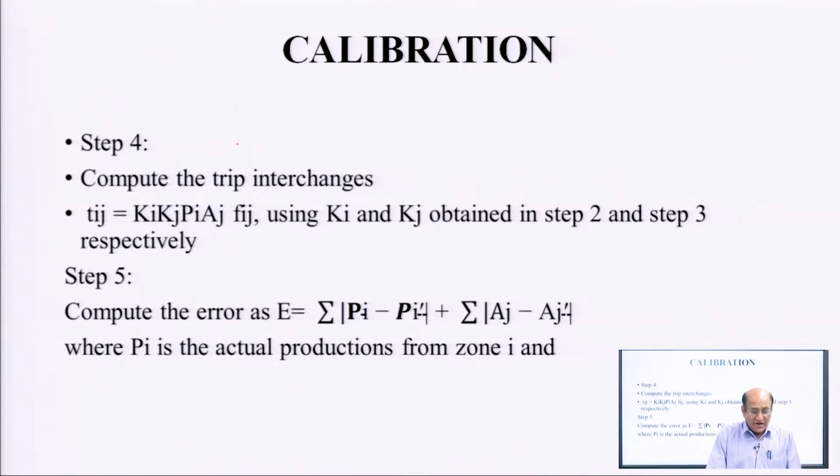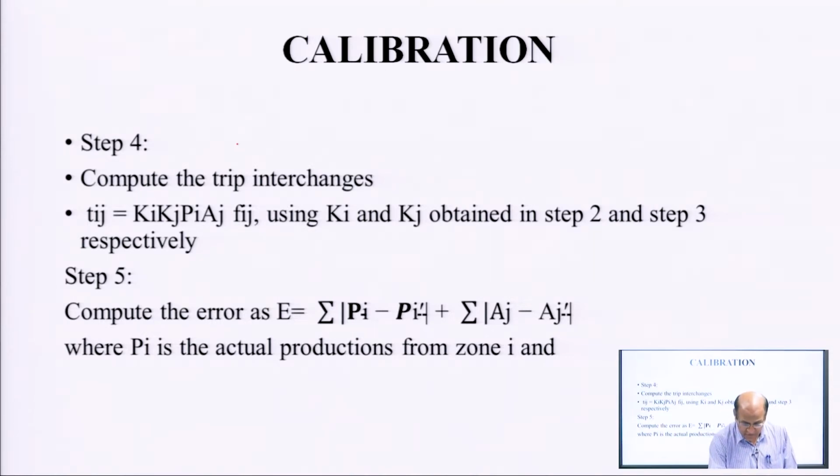T_ij will be equal to K_i into K_j into P_i into A_j into F_ij, using K_i and K_j obtained in step 2 and step 3 respectively. Step 5, compute the error as E is equal to sum over mode of (P_i minus P_i dash) plus sum over mode of (A_j minus A_j dash), where P_i is the actual production from zone i